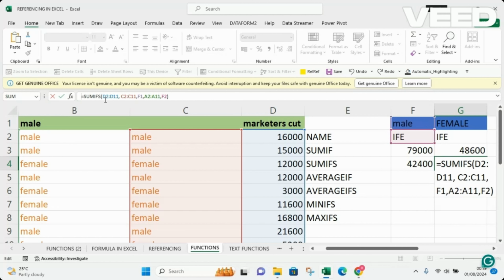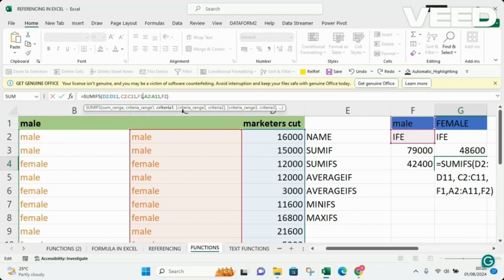The first thing is the sum range, which is this. It is correct, the same sum range. The second argument is criteria range one, which is the gender, the same. So what is different now is criteria one, which is